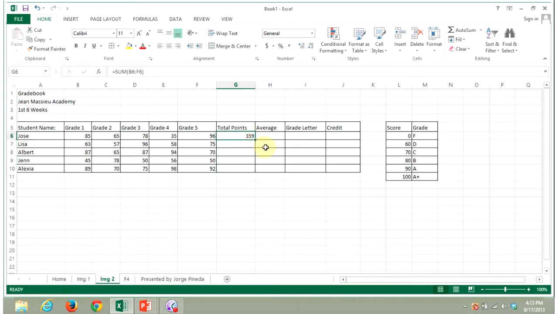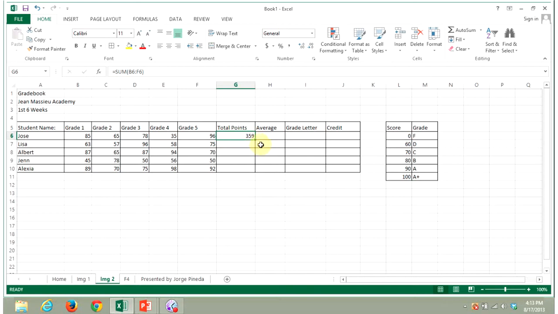So what you can do is take a shortcut, which is what Excel thrives on the most, giving you shortcuts to make it easier and more efficient for you to perform certain tasks. So what we're going to do right here is, under this cell, I'm going to go ahead and click on it. And now this cursor right here, which you know because it's the cross that's thick and white, when we move it close to this